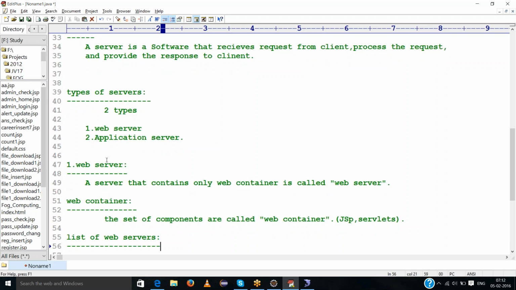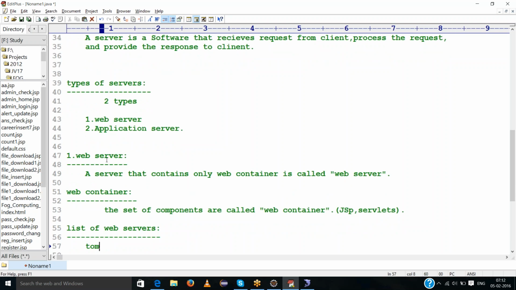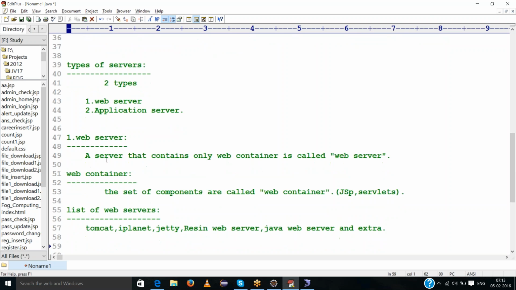Like Tomcat, iPlanet, Jetty, Resin, web server and Java web server, and that's enough, etc. These are the web servers in real time.